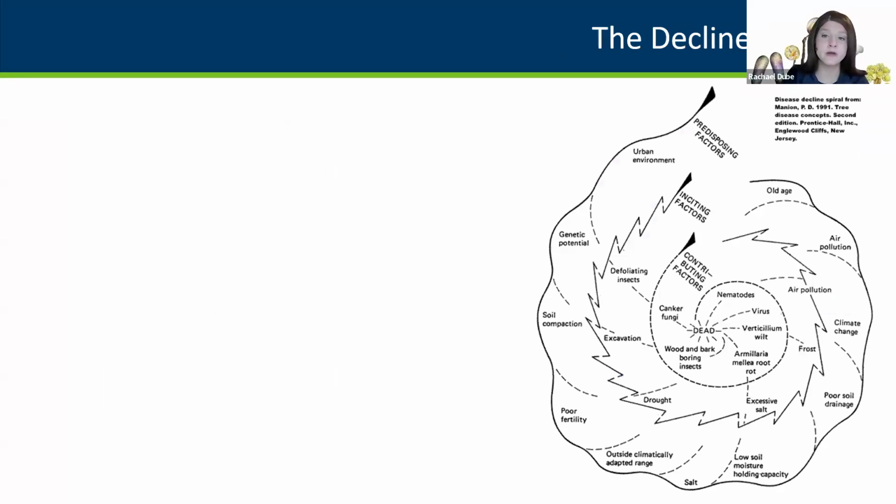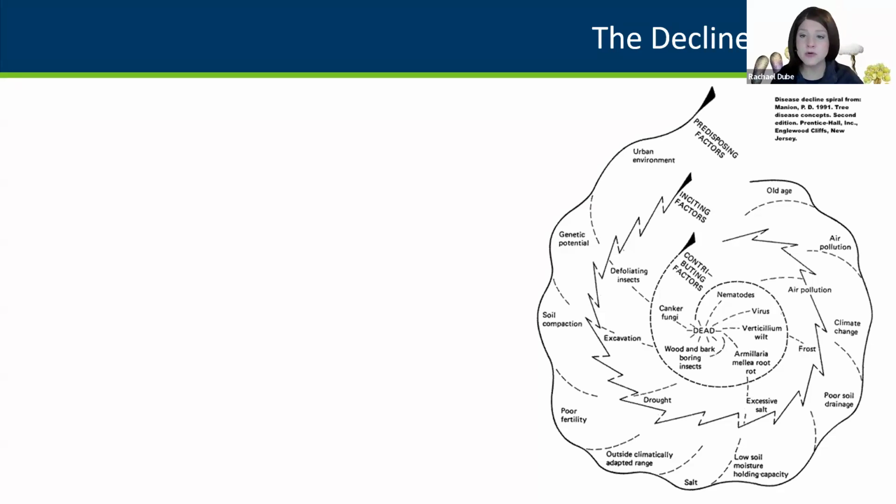It was developed by Dr. Paul Mannion, and I think it's a nice illustration for the concept of tree decline and generally how it happens to a tree. It's kind of oversimplified, but I think it's a good educational tool. And looking here, there's a lot of text, so don't pay too much attention to that, but you'll see that